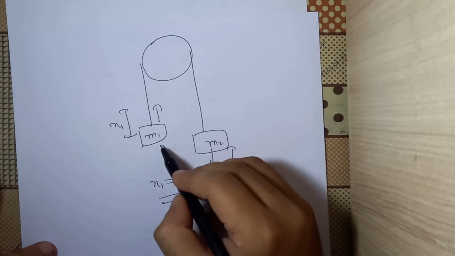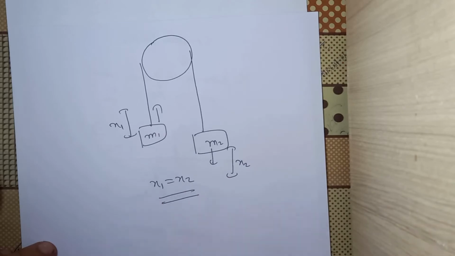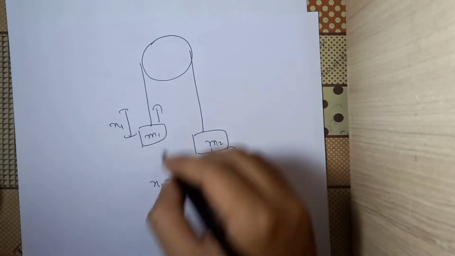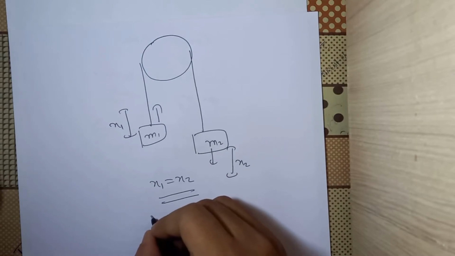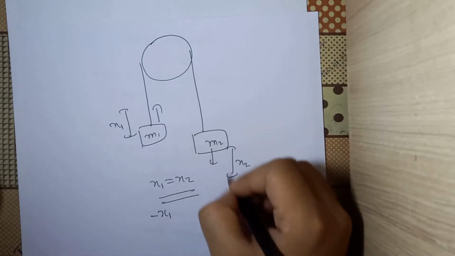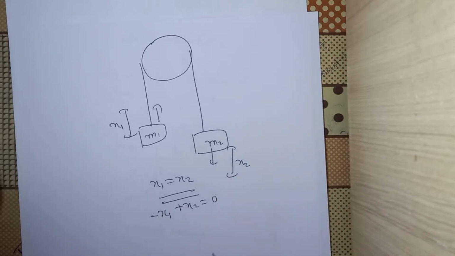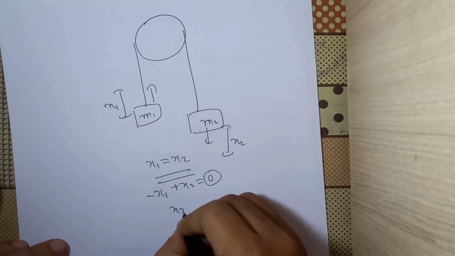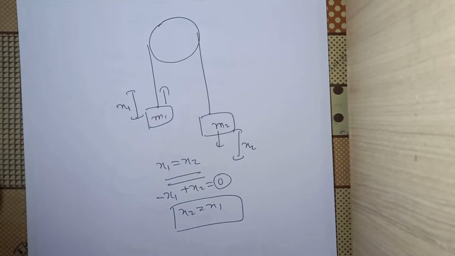Now because m1 is moving upwards and m2 is moving downward, I can directly write that x1 is equal to x2. Or you can write it in this way: let's say that m1 is decreasing the length of the rope, so you can write minus x1, and we know that m2 is increasing the length of the rope, then you can write plus x2, and you can make it equal to 0, because you know that net change in length has to be 0. So it will imply that x2 is equal to x1. Okay, so the relation that you will develop depends on the directions that you will take.